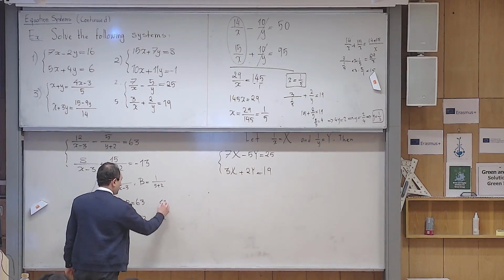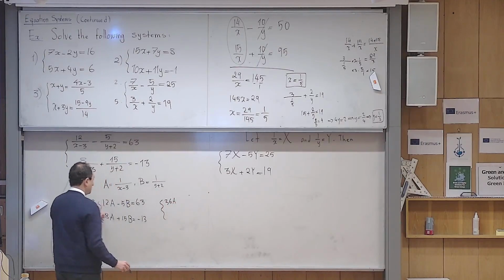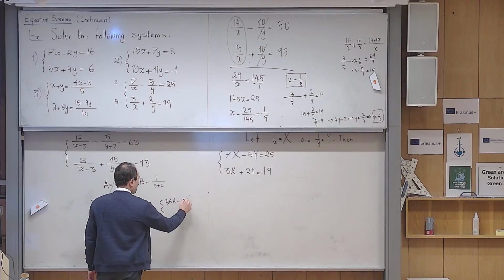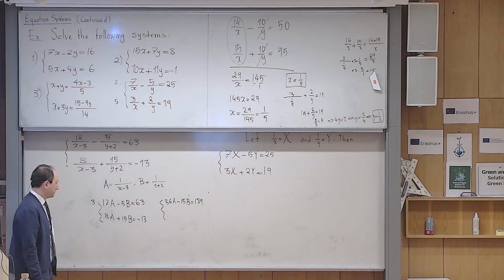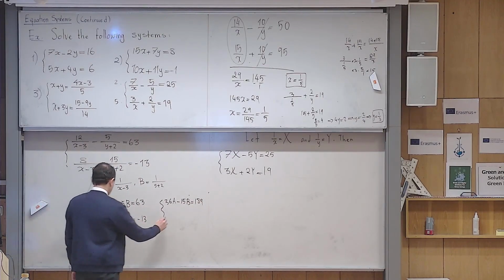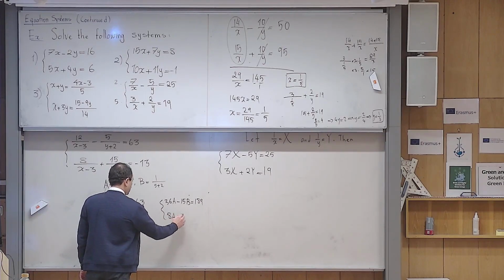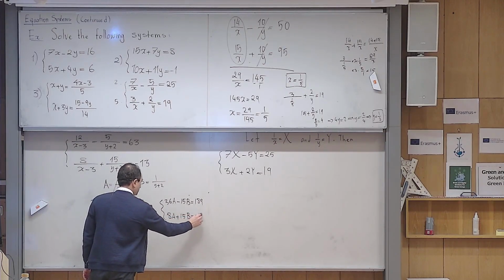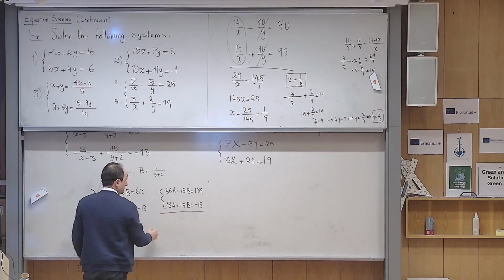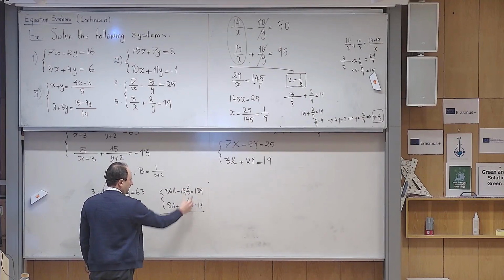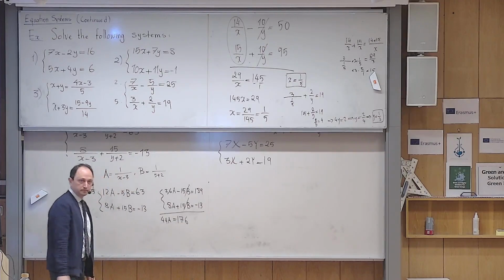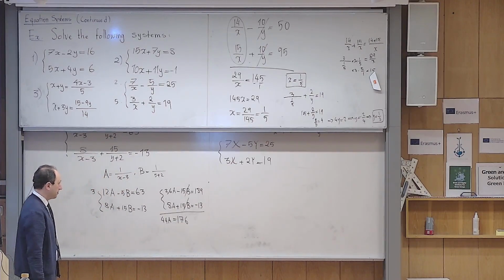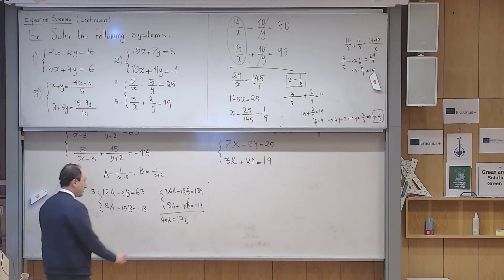So this becomes 36a minus 15b equals 189, if I multiply this by 3. And I don't need to multiply anything here. Then I add them. It becomes 44a. This is gone, and this becomes 176. Yes? Am I right? So a becomes